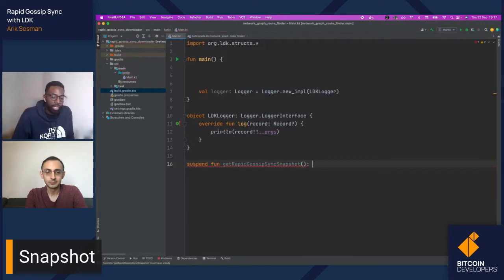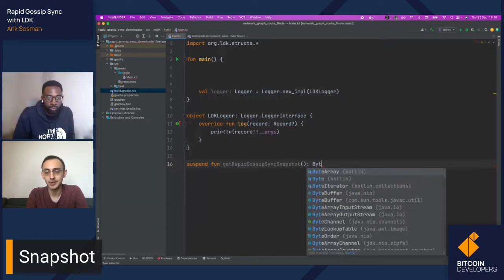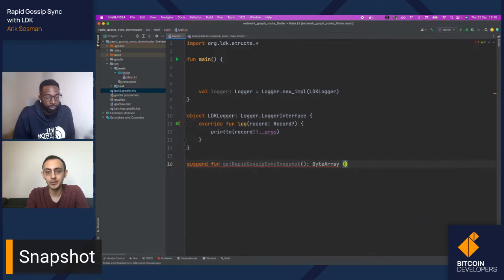So when we make a call to this server, what does it return? Is it like a JSON object? Is it just raw bytes, like a string? What do we actually get back? It's just raw binary or an octet stream. If your client supports it, it'll be gzipped, which reduces the size by about 50%.